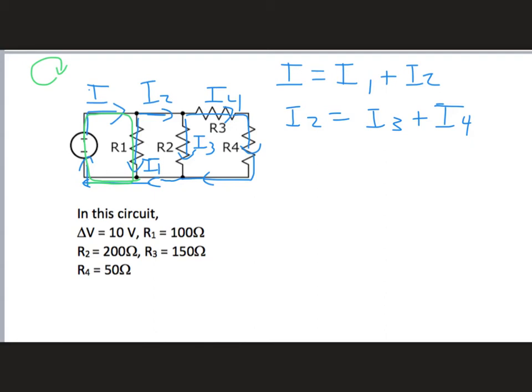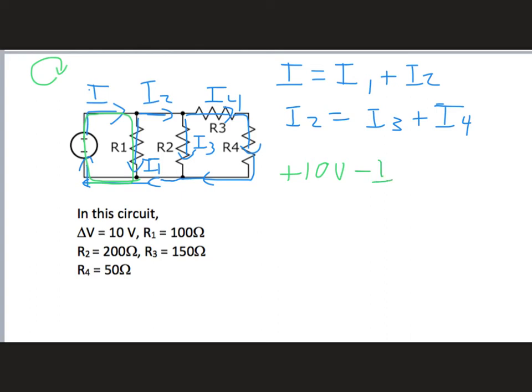And I can apply my loop rule, because if I look at my loops, I'm going this way, and so when I come out of the battery, I'm coming out the positive terminal, so that's going to give me a plus voltage, and I know the voltage is 10 volts, so that gives me a positive 10 volts. And then as I continue around my loop, I can see that I'm going to have the current I1 going through the resistor R1. They're going in the same direction. The loop is going down. The current I1 is going down. So that means I get a minus